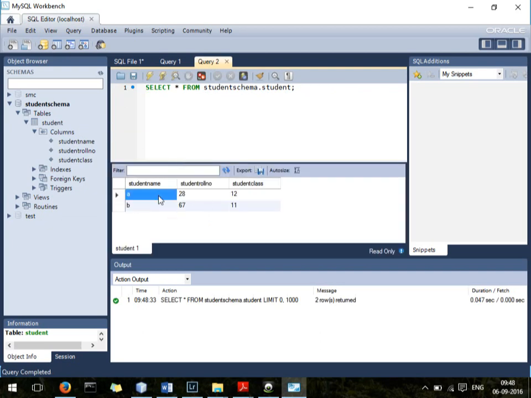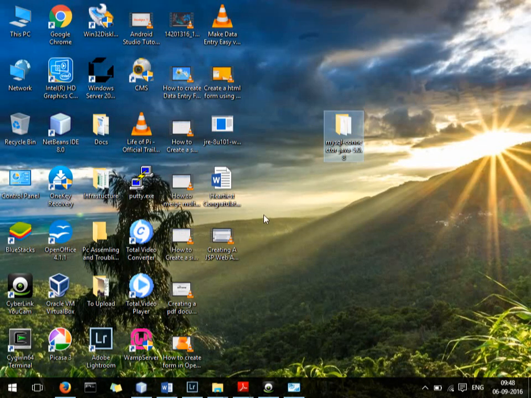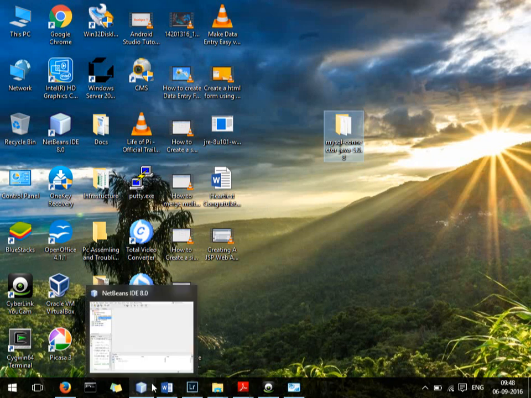these are some of the data. Only two records are there, A, B, and 28 and all these things. Fine. So what I want is that my Java program should extract those data and display it on the screen. Now, I'll give a full explanation of how the code works later, but right now I'm just showing you how to connect to MySQL and run.